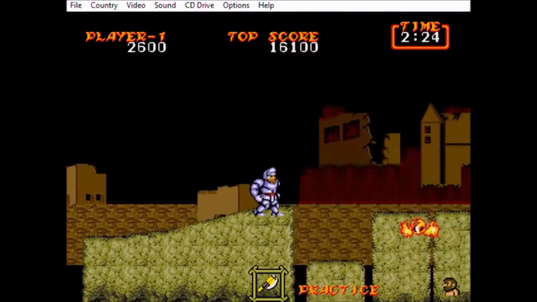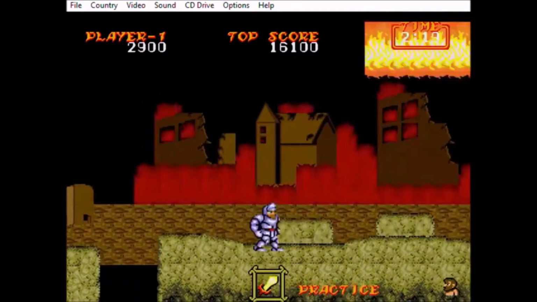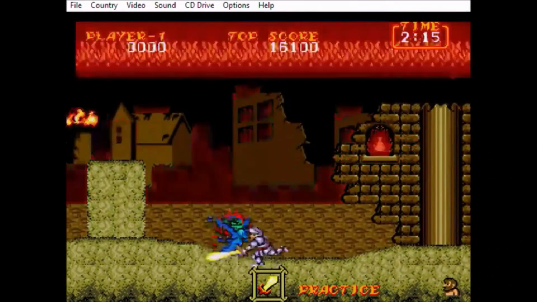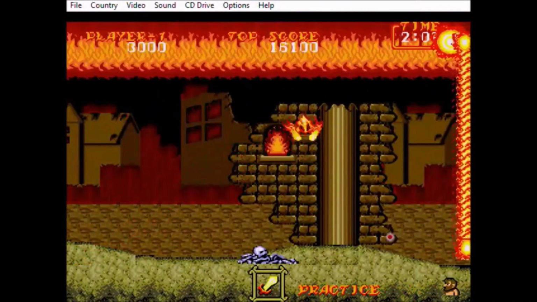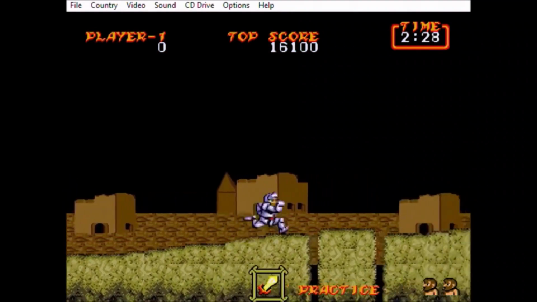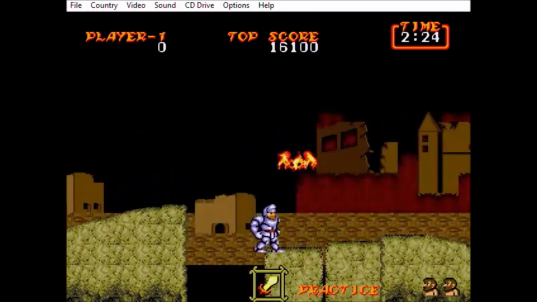Watch out for these flying fire bat things, because they will take you out. And oh god, we've got the sword. This was mentioned earlier. What it does is take out stuff at close range rather than far distance. Let's try that again. Let's keep going, and basically watch out for these falling earthquake platform